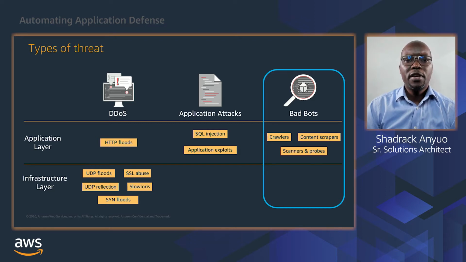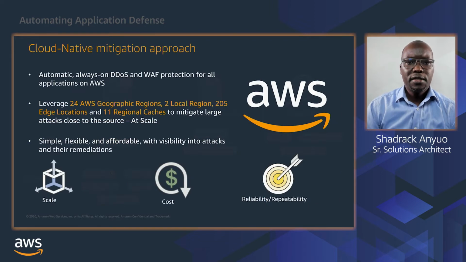Then, how can we at AWS enable you to mitigate these application threats? At AWS, security is our top priority, and our DDoS mitigation capabilities are automatically provided through a fully cloud native approach. With AWS, you can build architectures that operate at scale to absorb and mitigate attacks as they happen. We also provide services that you can use to build defense against sophisticated application attacks through event driven automation processes. These capabilities come with no upfront cost, as you only pay for what you use. Now, before I go into discussing specific services, let me start by highlighting some of our security services that our customers are using today.